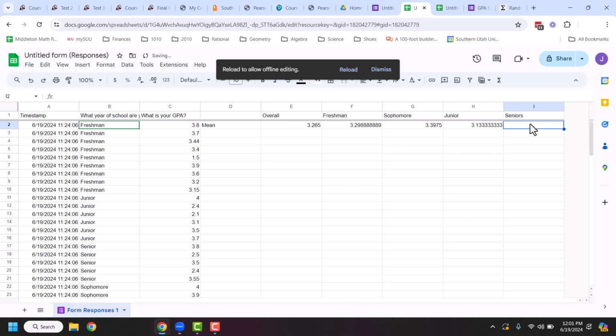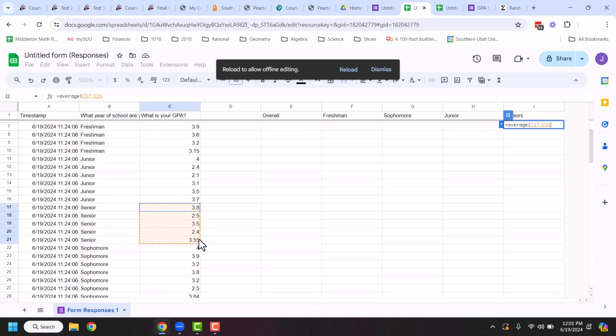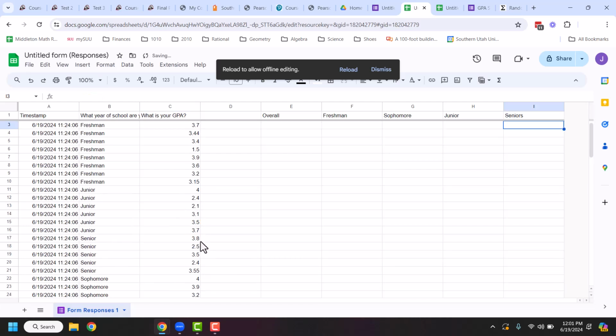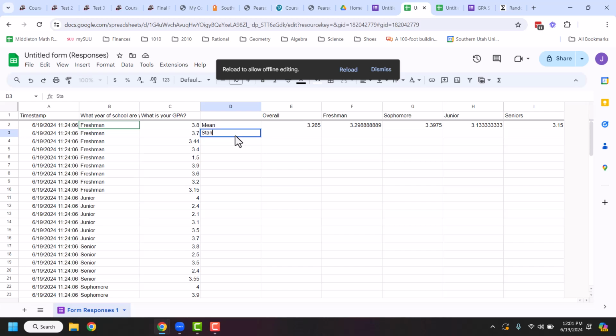And then for seniors, we've got this. Okay, so it looks like the overall GPA is 3.26, or from our sample at least. And then we've got the freshman, sophomore, and junior average GPAs listed here. And then the other piece of information we're going to need in order to calculate confidence intervals is the standard